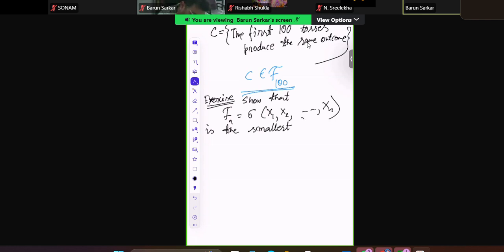Okay, smallest filtration, smallest filtration such that the sequence